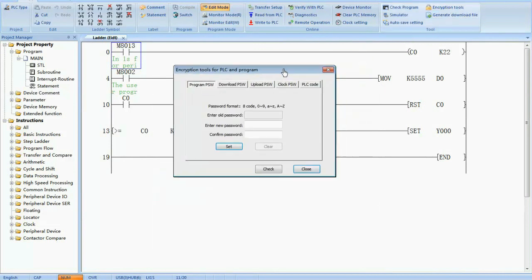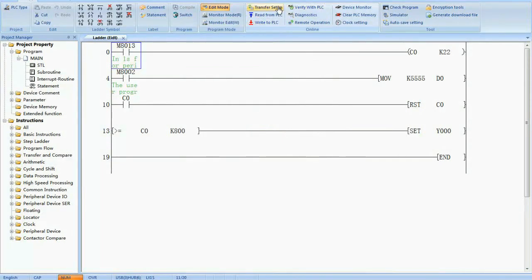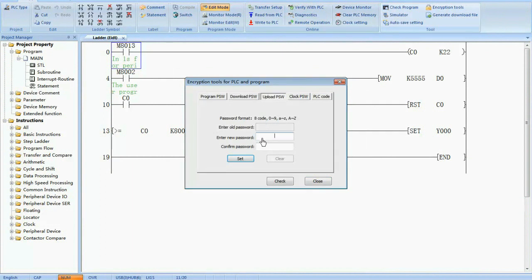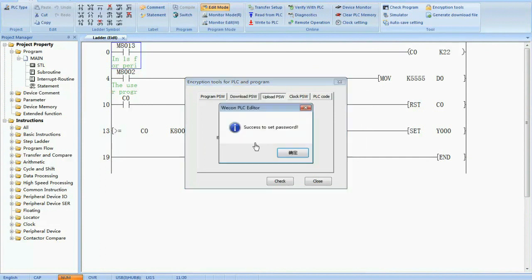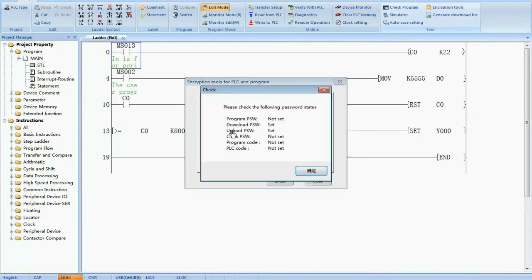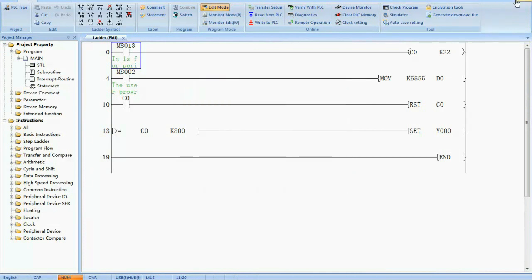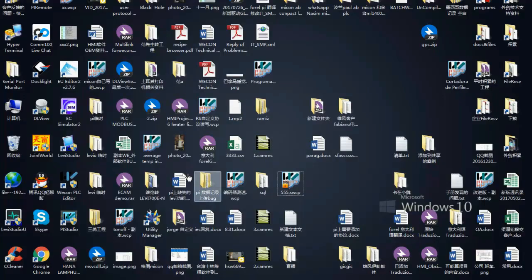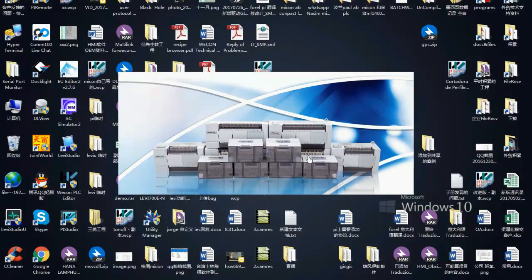I will try another password, the upload password. The same. We need to make sure the connection is okay, and then we set the upload password and click enter, and we can check here. We just set the upload password successfully, and then I close all the programs and try to upload the program,